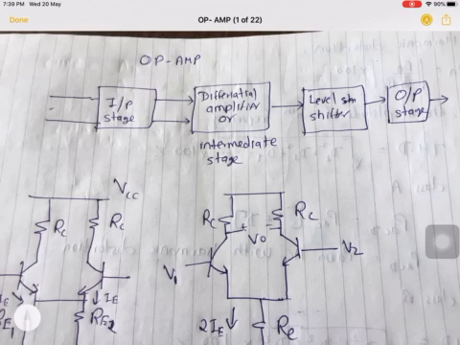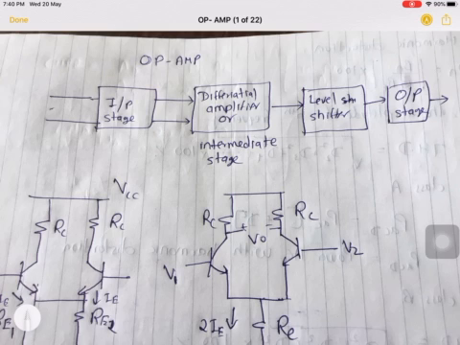In general, op-amps are used for amplification, but there are also multiple purposes that we can do with an op-amp. Input stage is generally used to couple the signal to the differential amplifier or the intermediate stage. It is mainly used for acquiring the input data and transferring it to the differential amplifier.